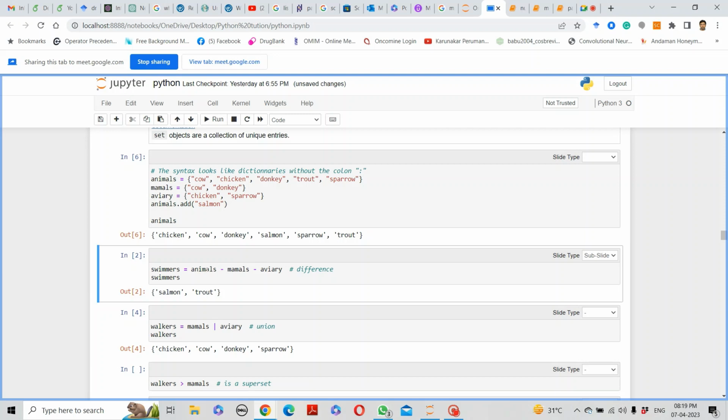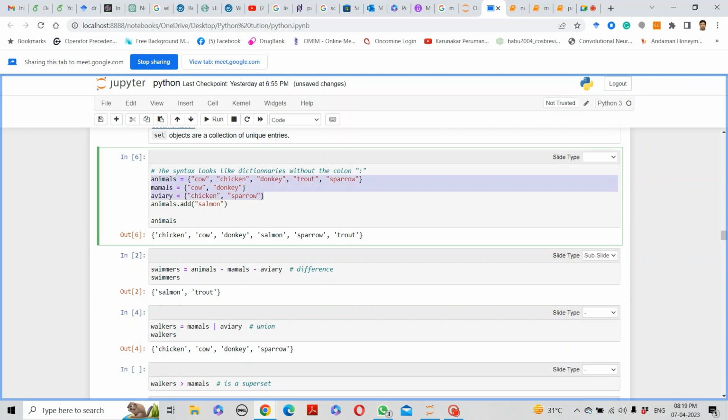That means here also, animals minus mammals minus aviary will give the elements which are present in animals but not in mammals and aviary. So if you compare these three sets here,